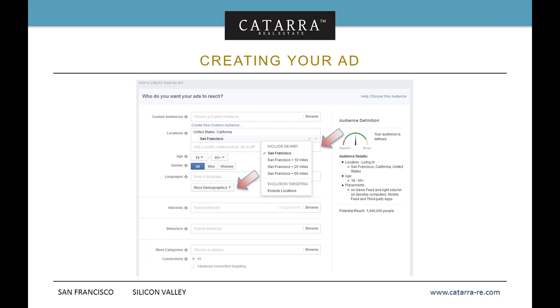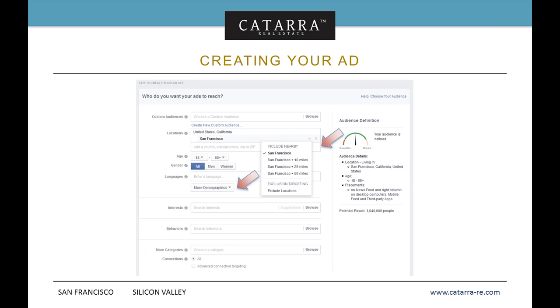Age ranges, that's usually pretty obvious, but again, it depends on your market and who you're going after. If you're going after condo owners who might be upgraders, and you want to make sure the target goes to them, you might want to get your start age range lower. If you're in a more mature market, where the average homeowner is, say, middle-aged, you might want to raise that so that the age range on the ads targets people who are in their 30s and 40s. So picking the right age range is going to narrow your potential reach. Right now I've got everybody from 18 to 65. That's why I've got 1 million people in San Francisco. If I narrowed that down, then that audience is going to drop. Gender, men and women, that's fine.